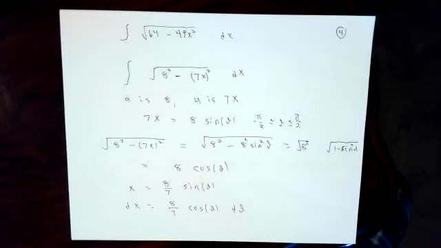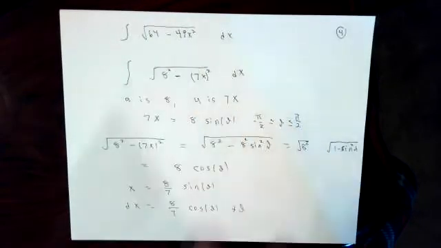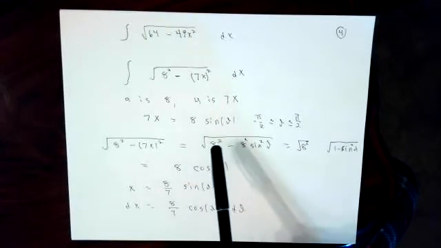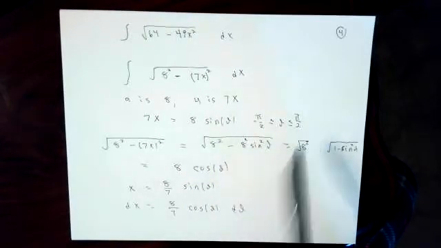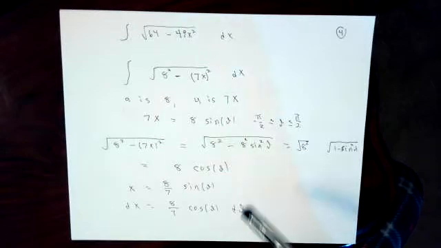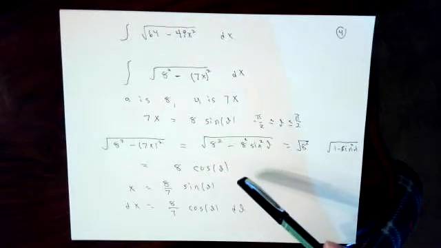64 is 8 times 8, so the a number is going to be 8. The thing that I'm subtracting away is the square of something. It's the square of 7 times x. 7x is what we're thinking of as being the u here. 7x is going to be a times sine of theta, where theta is in the nice range. If you put that into the square root factor, you find out that the square root just turns into 8